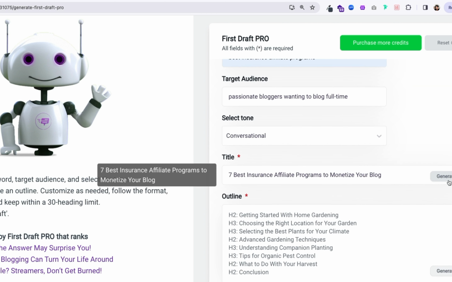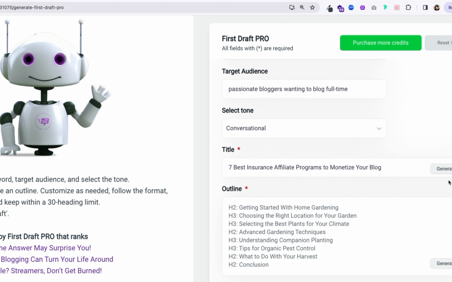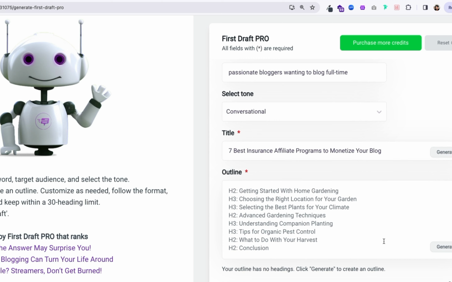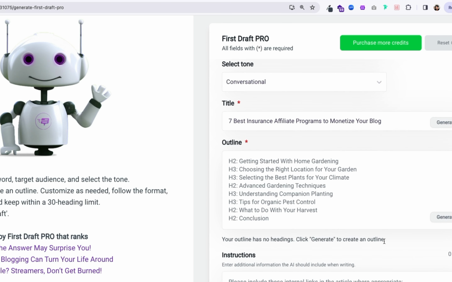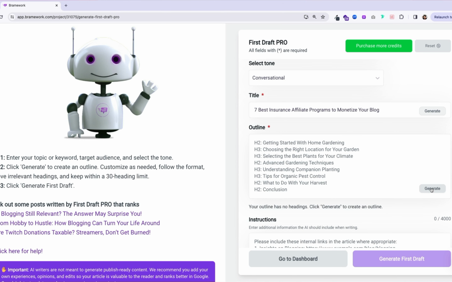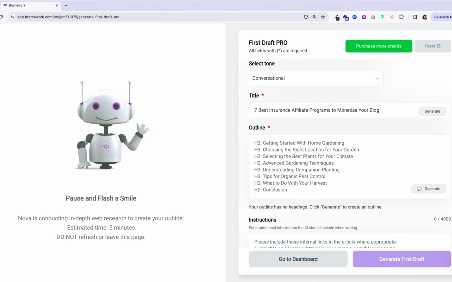For the outline, you can ask the AI assistant to generate one based on the title, as well as the extensive research done by the AI assistant by analyzing the top ranked search engine results pages. So let's click the Generate button to begin the process. Nova, our AI assistant, will then conduct in-depth research to create an outline, which it says will take about 5